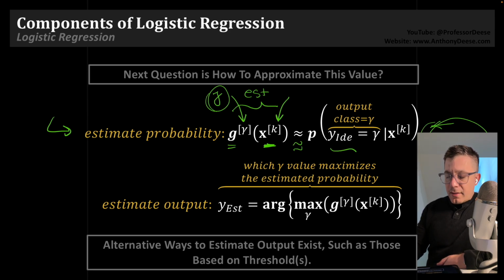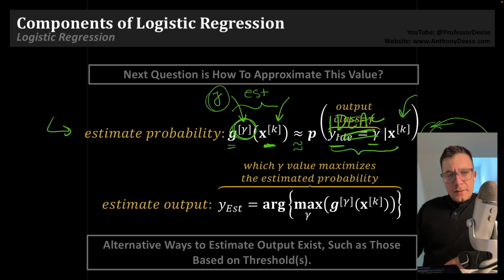And so what's going on here in the middle? It's simply saying the probability that the ideal output is equal to the category that we defined for a given input. So over here on the right-hand side is just the ideal probability. So let's take a look at the second expression, which estimates the output, y sub est. And this value should be a scalar that represents one of the valid gamma values, one of the valid